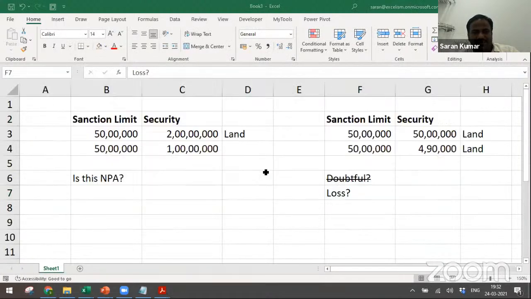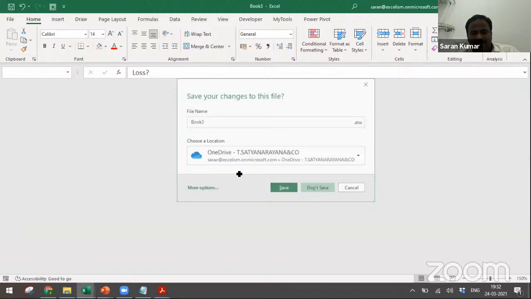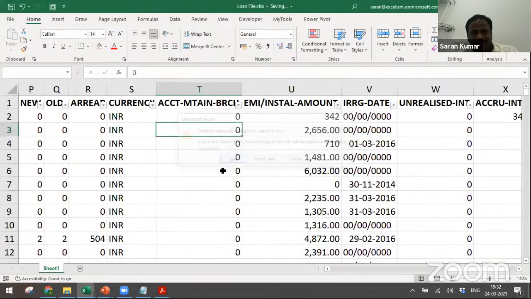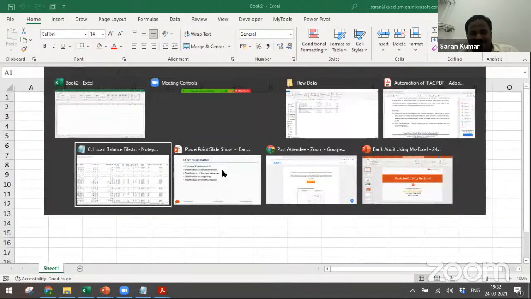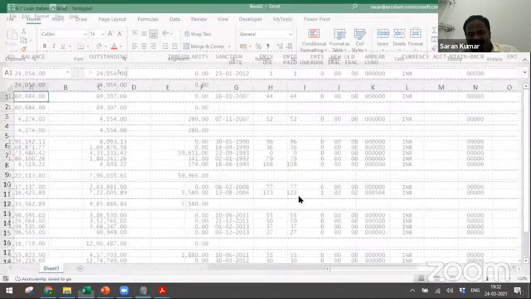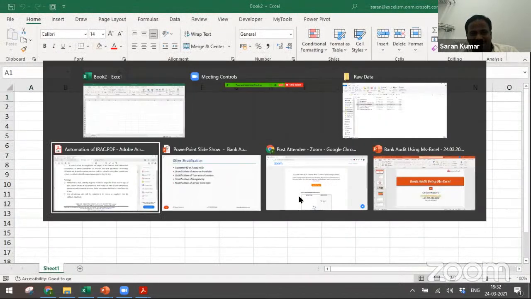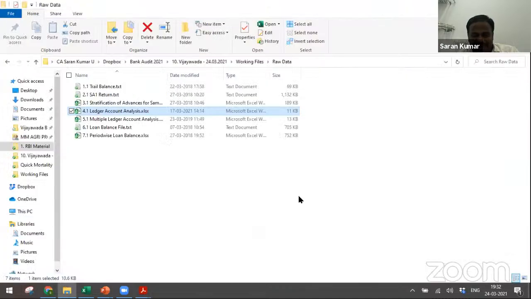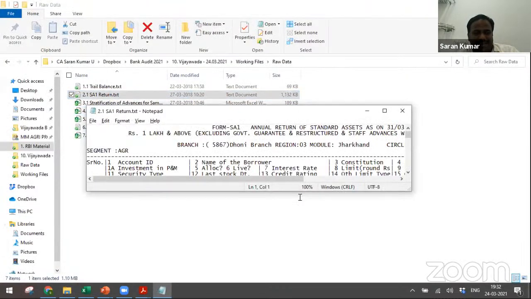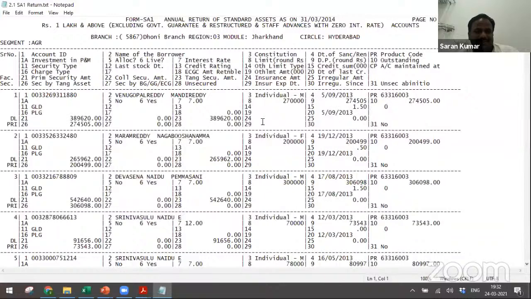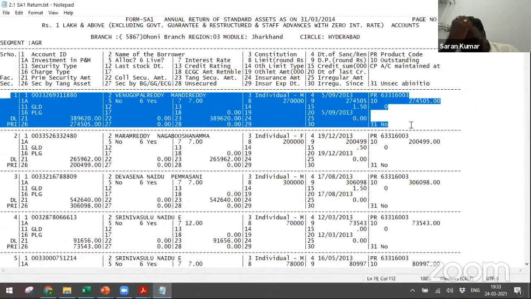Let me close it. Now this is anyway not required. Close, save this, and so on. I think more or less I've covered this. One point is very important: you will all be eagerly waiting for a file where more than one row is there for an account. In Andhra Bank it is BR12Y, State Bank of India CCDP file.